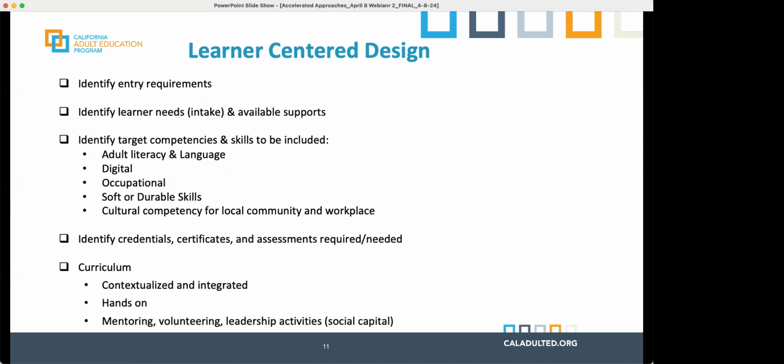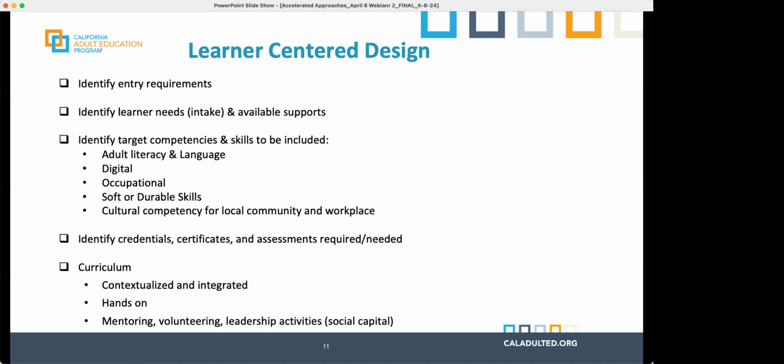So we really want to talk about learner-centered design, right? That's who this is all about. And it's very easy when we're doing this complicated of a design to get enmeshed in all of the concrete details that need to take place. So in order to ensure your learner-centered design, these are some key considerations, right?